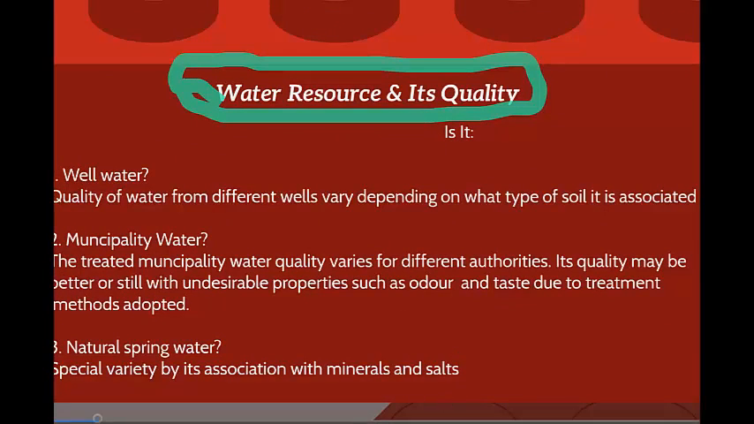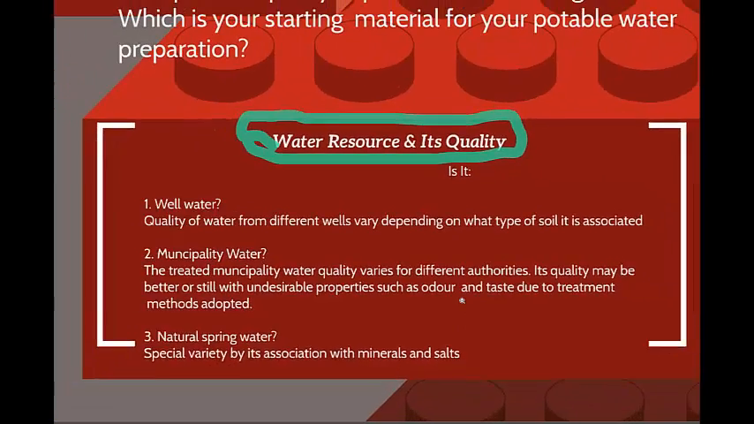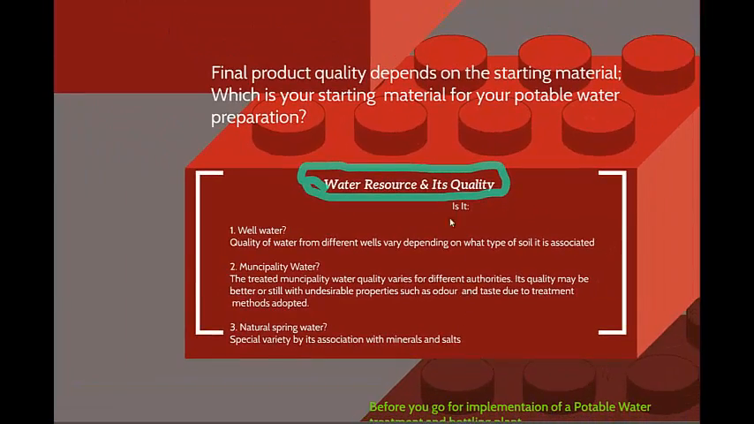Next one is about the starting material. The final product quality depends on the starting material for your potable water preparation. You should know the water resource, where we are getting the water from, and its quality. Is it well water? Quality of water depends